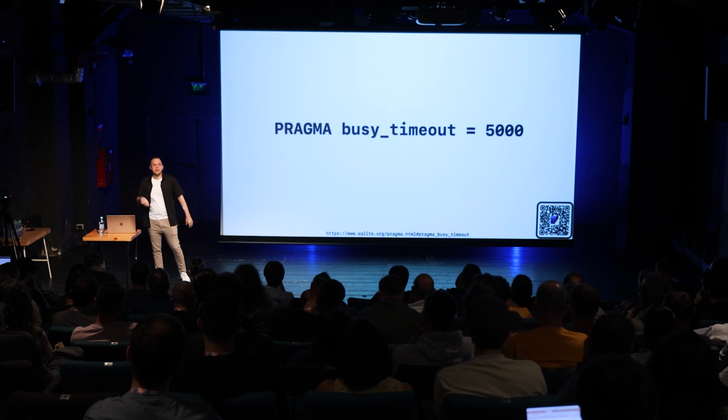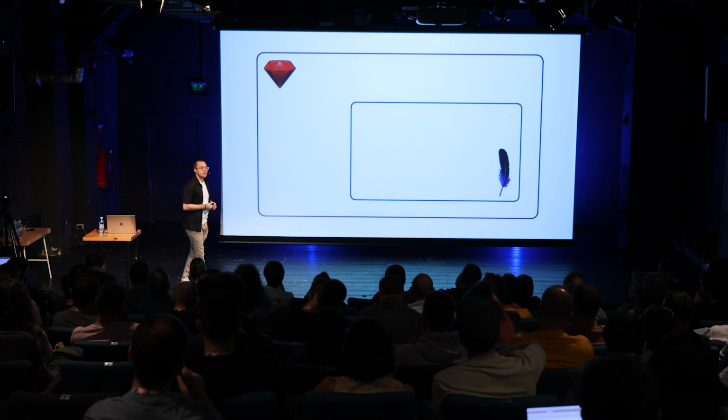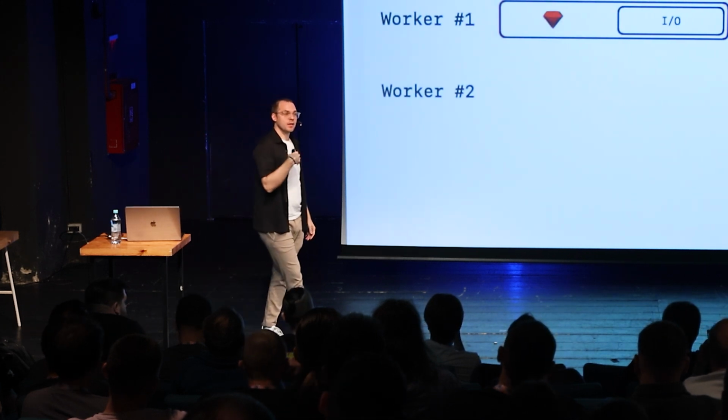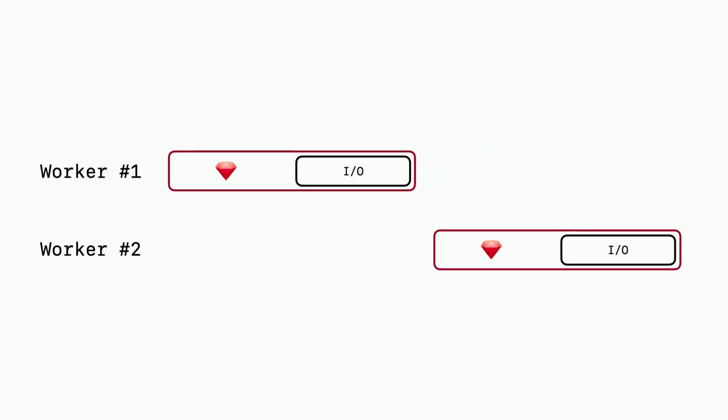This is problematic because of the way that SQLite and Ruby both work and the way that they work together. So SQLite is an embedded database. That means that it runs inside of the process and thread that your application has spawned. And for the most part, this is amazing. This gives us speed. There's no inter-process overhead for communication. But it can be problematic in the context of a Rails application, or really any application where you have multiple workers. Because when you are dealing with and contending with Ruby's global interpreter lock, or global VM lock, you need to ensure that you can tell Ruby when you are waiting for non-Ruby work,